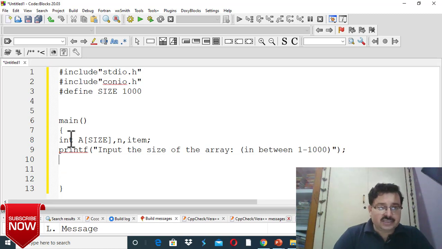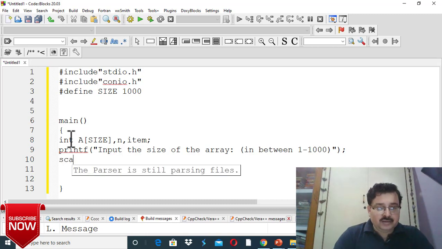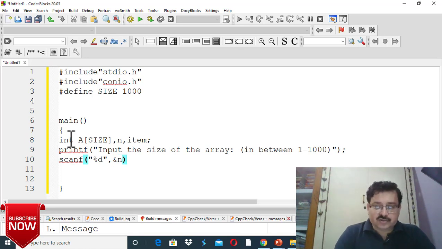So we are just giving this limit from where the user can start to the upper limit. Scanf, here we are taking the size of the array from the user. These are common things which we have used in the last many programs, so not going into the detail.